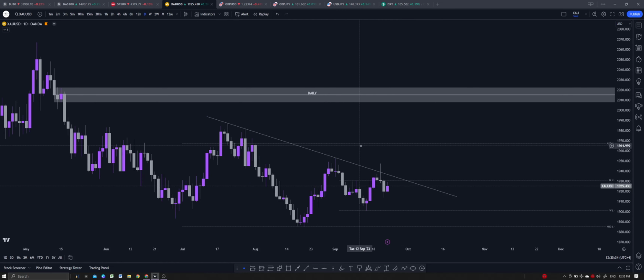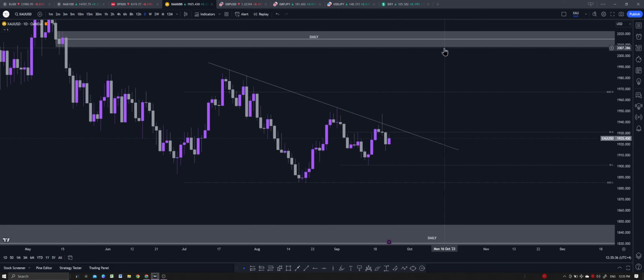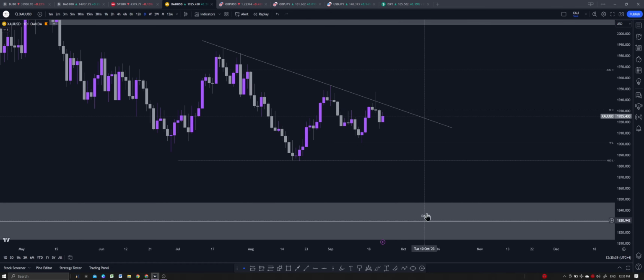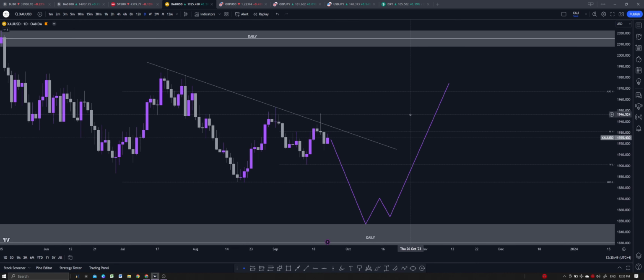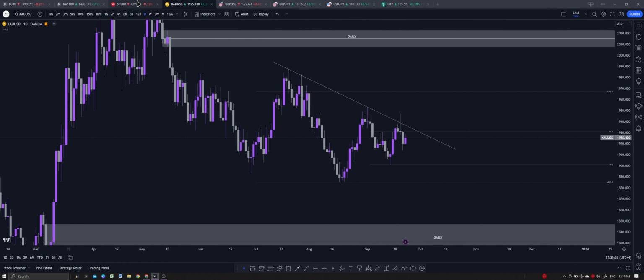But I would expect this to be bearish for now, and possibly price to actually drop towards this daily demand zone. If price does decide to eventually come over here, I'll possibly take a counter trend position, right? This would be a counter trend position to go long, but for now I don't see any entries, to be honest, so we will leave this at that.